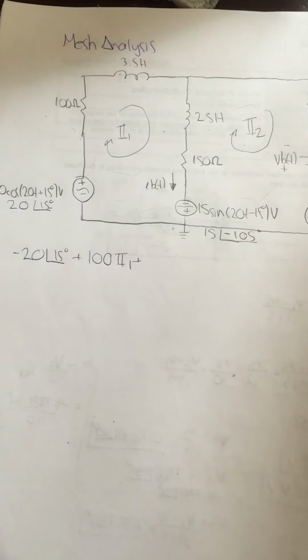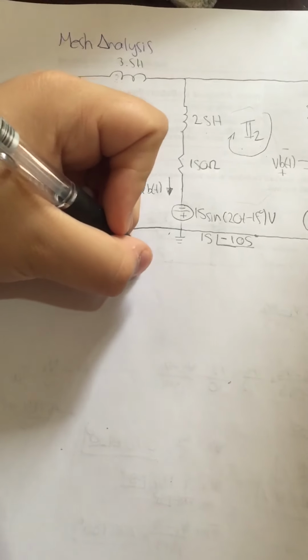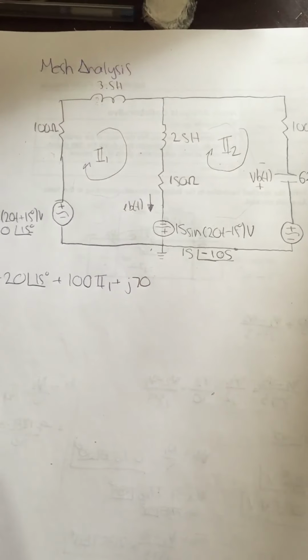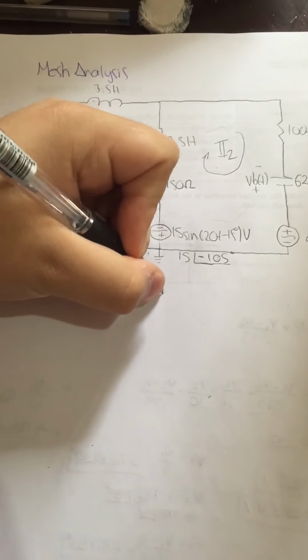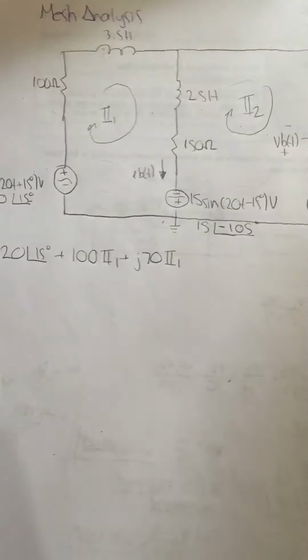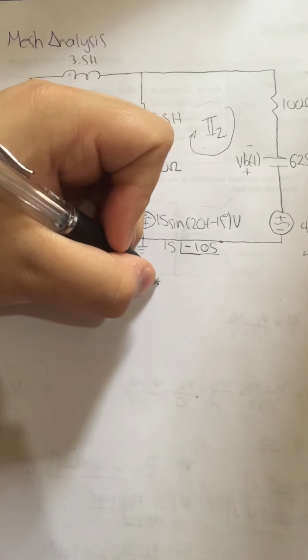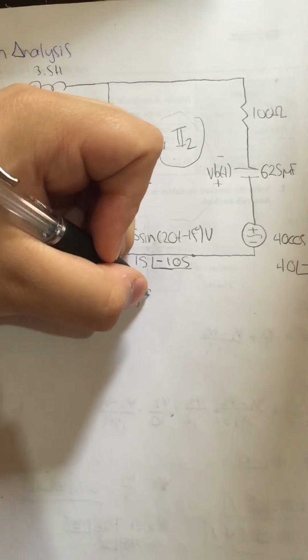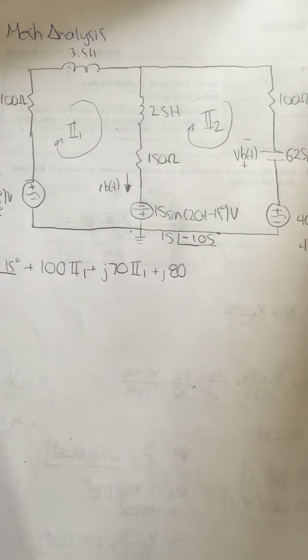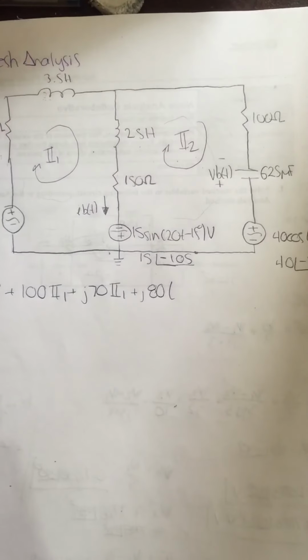So if we do the calculations, we get J70 times, it's important to multiply this times I1. Then we do the same on here, plus J80, in this case the number is 80, times I1,